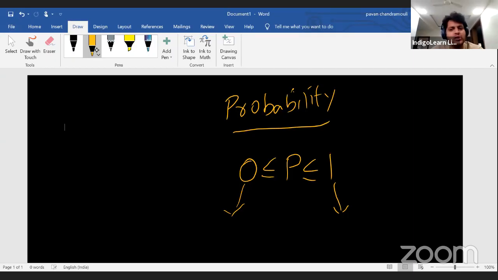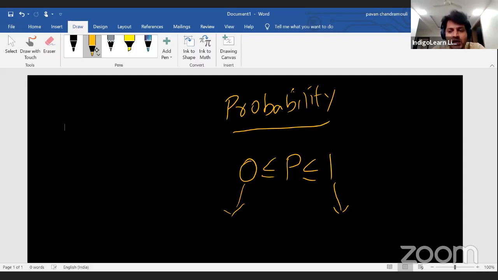Now, a basic example that you know: whenever I toss a single coin, what is the probability of it being a head? When we say coin, there is always a word that is used, unbiased. You will come across these terms because everything needs to be very specific. That means I don't want a coin which has heads on both sides. Unbiased coin means a regular coin which does not have any bias either for a head or a tail. Then the probability of it being a head will be 1/2. Some of you might say 0.5, some might say 50%, some may say 1/2. I'm very happy because all three mean the same for me.